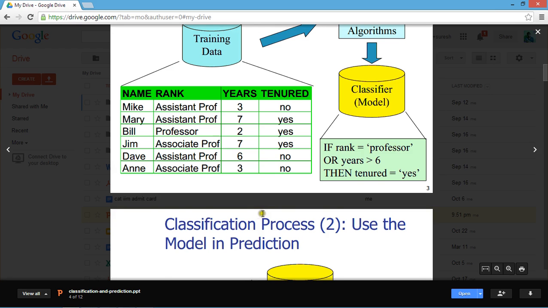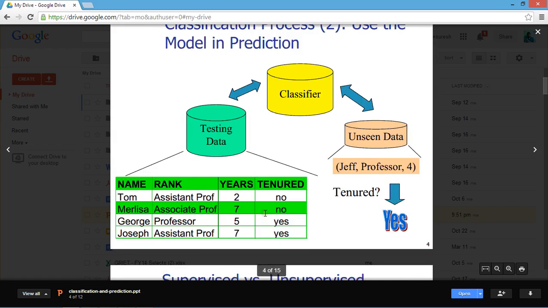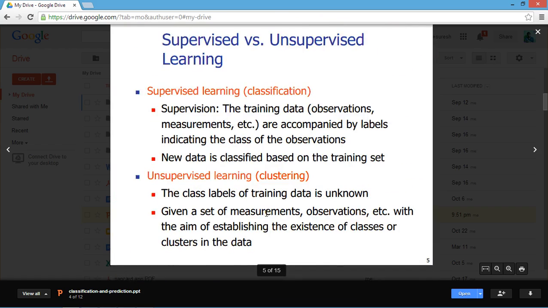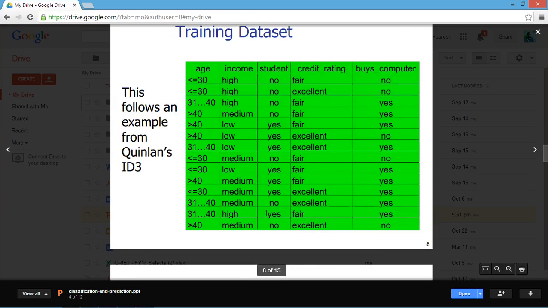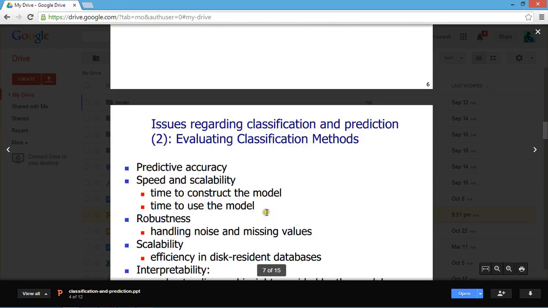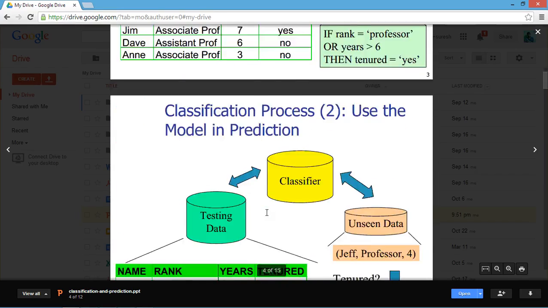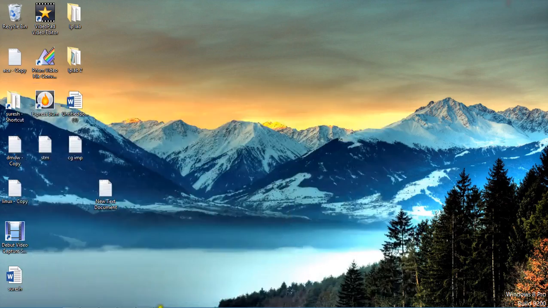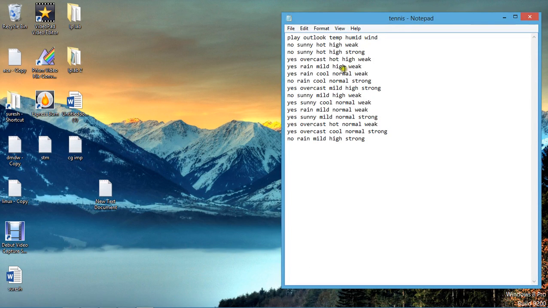For the ID3 algorithm, let me take you to a database which can give you a broad view. So I'll take you to my example database. This is about whether the person can play tennis or not. Outlook, temperature, humidity, and wind are the attributes, and play is called the class attribute. It is called the class attribute because it gives the final output of the database.